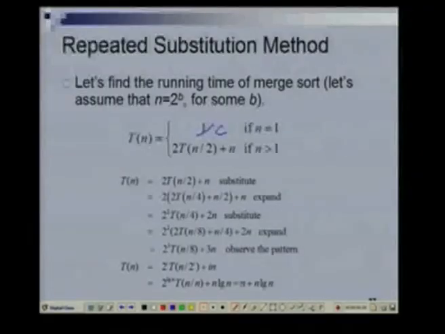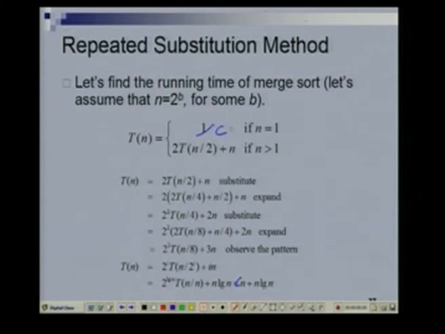So, it will become this, no, sorry, yeah, that's right, n into C plus n log n, great, good. So this is by just looking at the solution, right, you can see that this is what you would get,